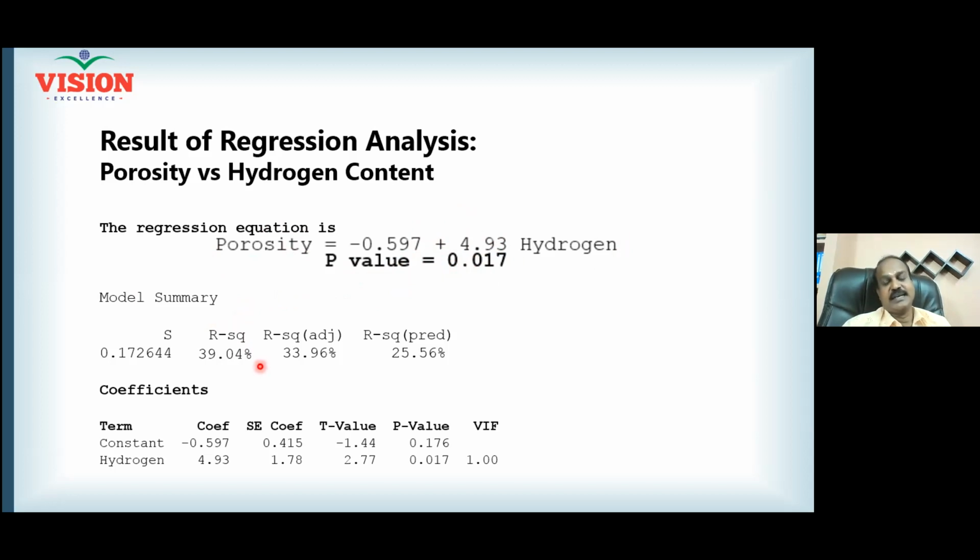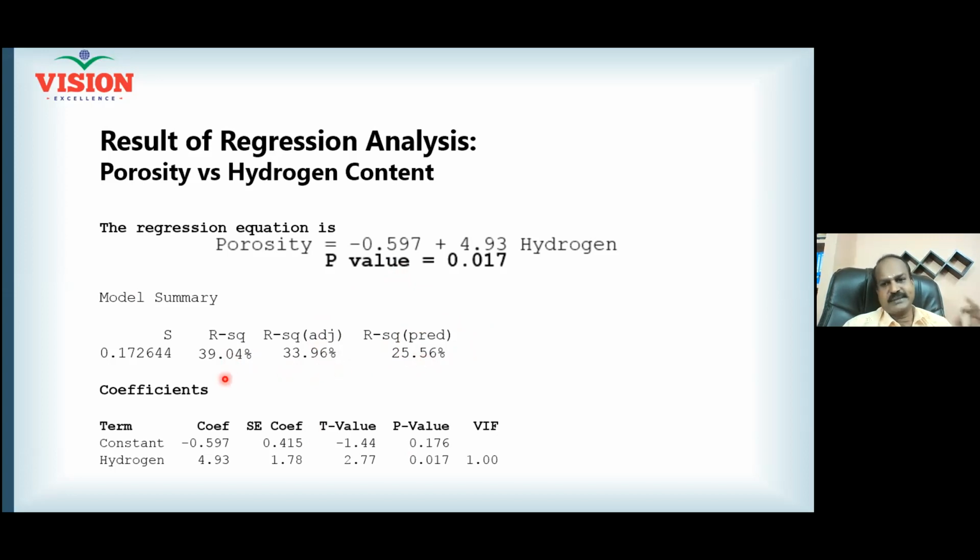So what do you understand? You can solve only 39% of the problem, right? Moreover, your predicted R square is very low. Please don't use this equation to predict new observation because many other critical factors are not included. Isn't it? Yes. We are talking about the sufficiency of the factors: the number of factors you have included in your problem solving is not sufficient enough, isn't it? Because you could solve only 39% of the problem, not the full problem. So that is what is getting reflected.